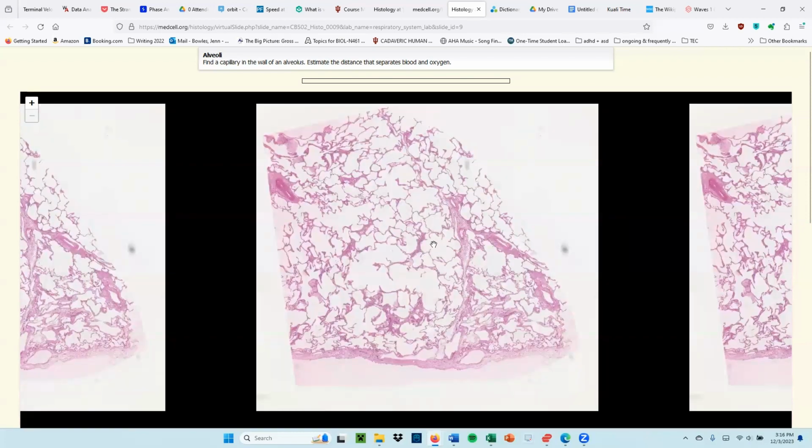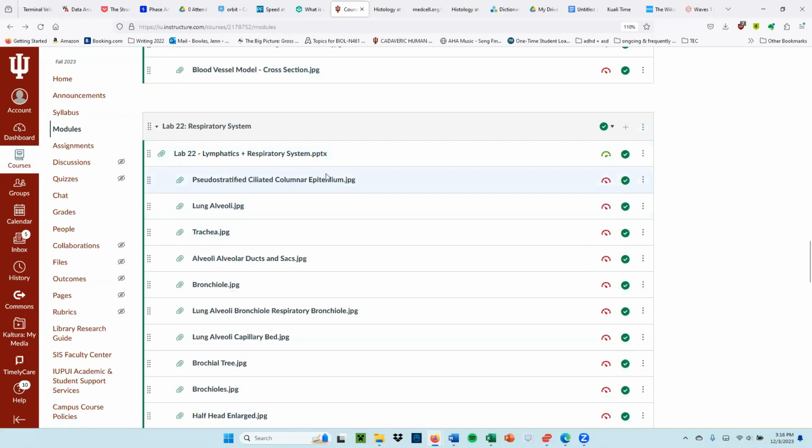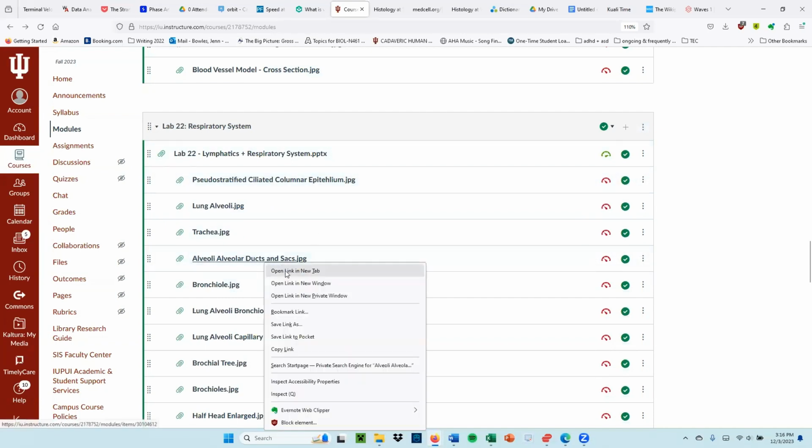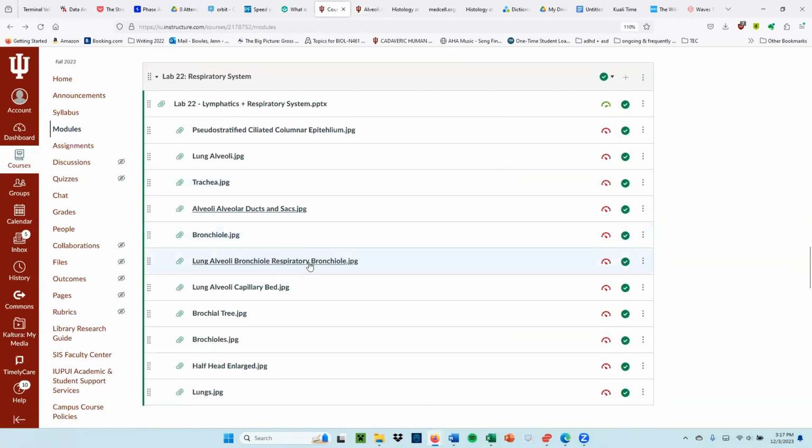So this slide is a little messy. I'm going to try to find one in the modules to compare. But we would probably just be asked to distinguish between an alveolar and a bronchiole on a slide like that. Yes. So if you see, for example, a round cluster of cells like this, that's going to be an alveolus. Alveoli is plural. If you see this same structure, but it's more of a duct pattern, like instead of having clusters, you'll have a long passageway, that's an alveolar duct. And then the last thing to know, as you mentioned, is the terminal bronchiole has that smooth muscle